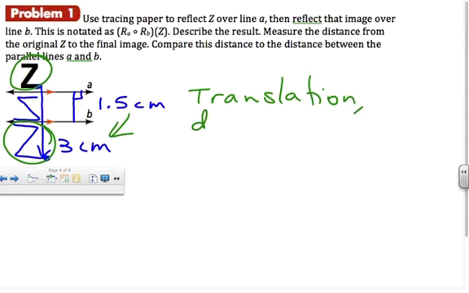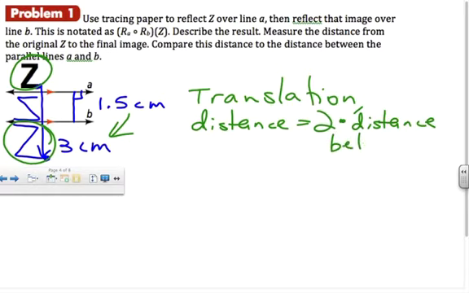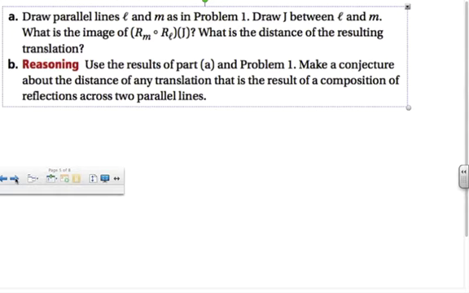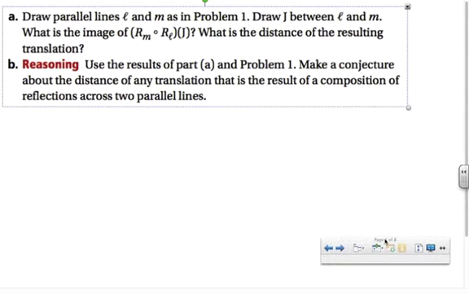And the distance equals twice, or 2 times, the distance between parallel lines. Even if I'm starting with the figure